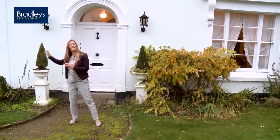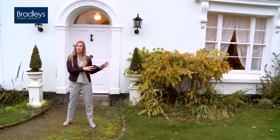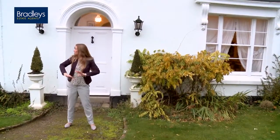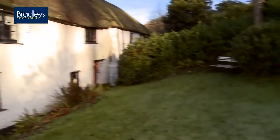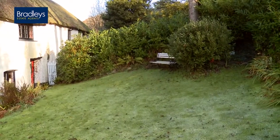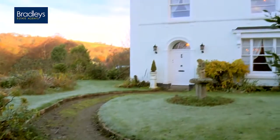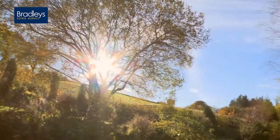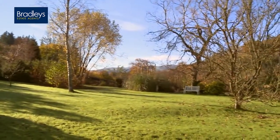So we started at the oldest part of the house, and now here we finish at the Victorian end. And this is where the garden sort of wraps around the house. So to one side we have an area of lawn which is just behind the living room. Then we have this part at the front of the house leading to the grand entrance. And then a terraced garden, and at the bottom of the garden there's a summer house, a vegetable patch and a greenhouse,